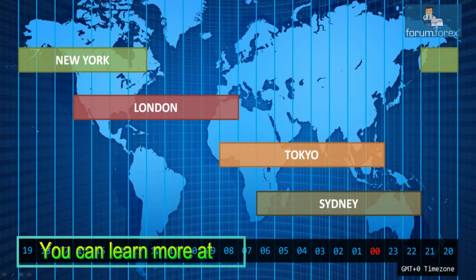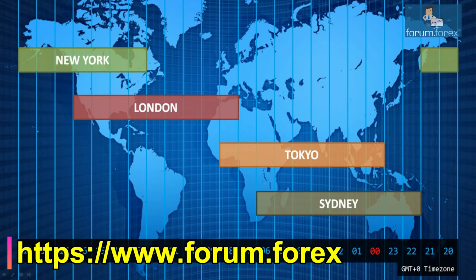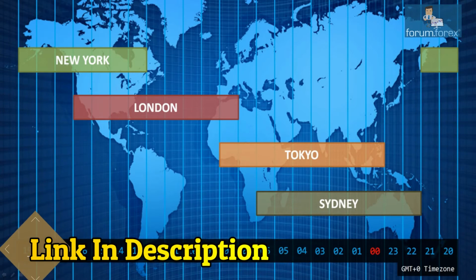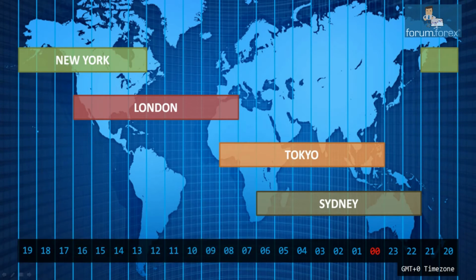Also, you may ask, what about the New Zealand session? And that's a fair point. New Zealand is located even more to the right from Australia, and the New Zealand session starts about 2 hours before the Sydney session. However, without the Australian session, the liquidity on the New Zealand market is very low, and so that's why people focus on the Sydney session rather than the New Zealand session.